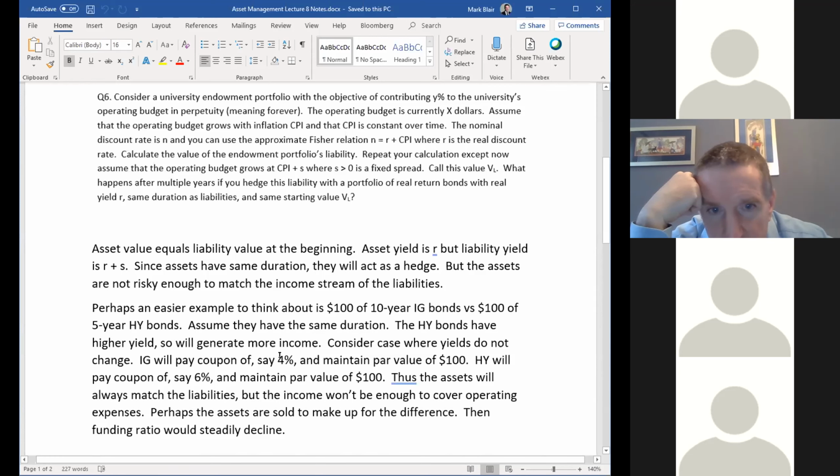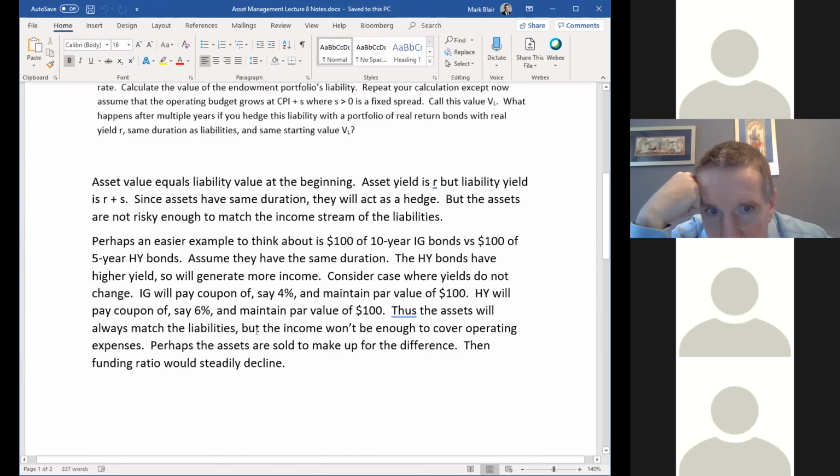And so every single year, the investment grade bond will pay a 4% coupon and it will maintain its par value. Similarly, the high yield bond will pay its coupon of 6% and also maintain its par value of 100. So the assets in terms of value match the liabilities perfectly every single year. The only thing is, in this toy model, the assets are not generating enough yield to match the liabilities. So that's one perspective you could take, that the assets aren't risky enough to generate the